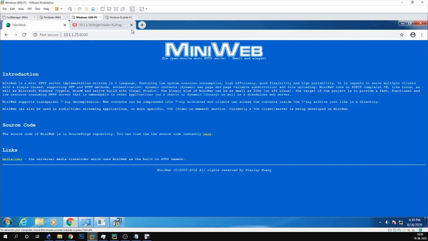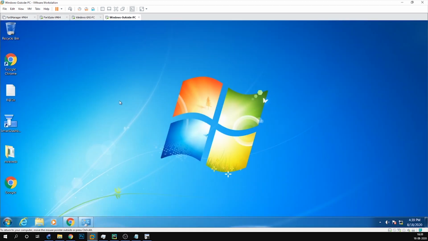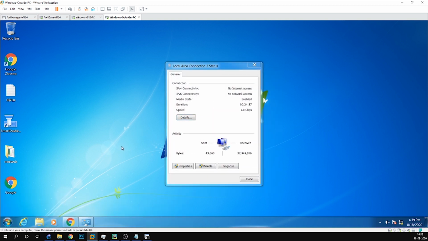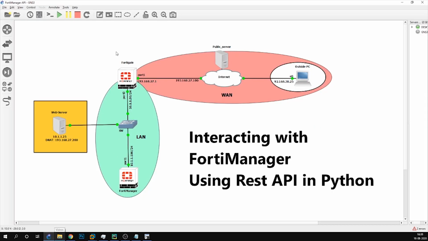Also, let me show you the attacker's machine. This is also a Windows machine, and let me show the IP first. Yeah, this is the IP 192.168.30.25. From this, we will try to access that server, and of course this attacker will try to access that server with the public IP, and hence I have done the NATing on this FortiGate.